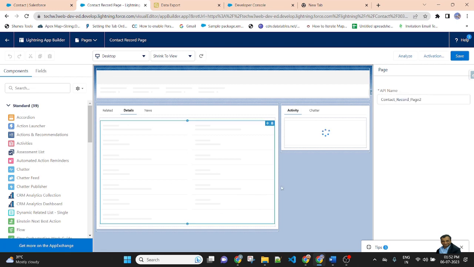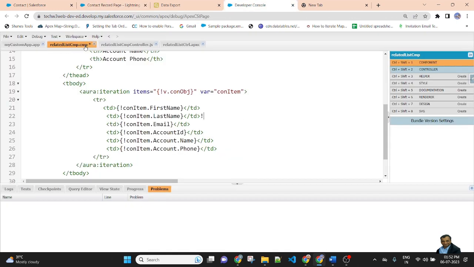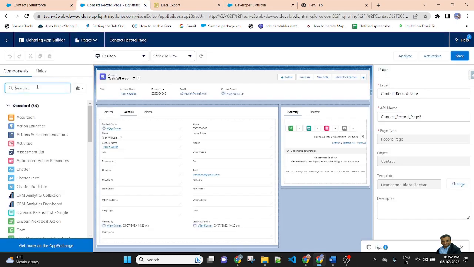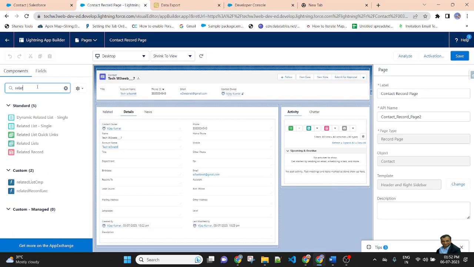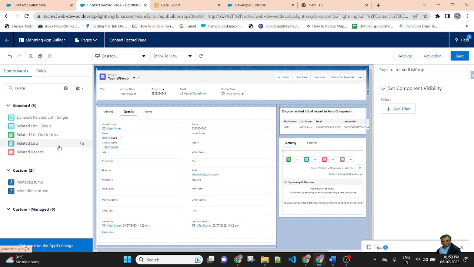My component name is related list component. So search here for related. This is my component. Select and drag and drop here. Save. Layout has been saved. Then go back.